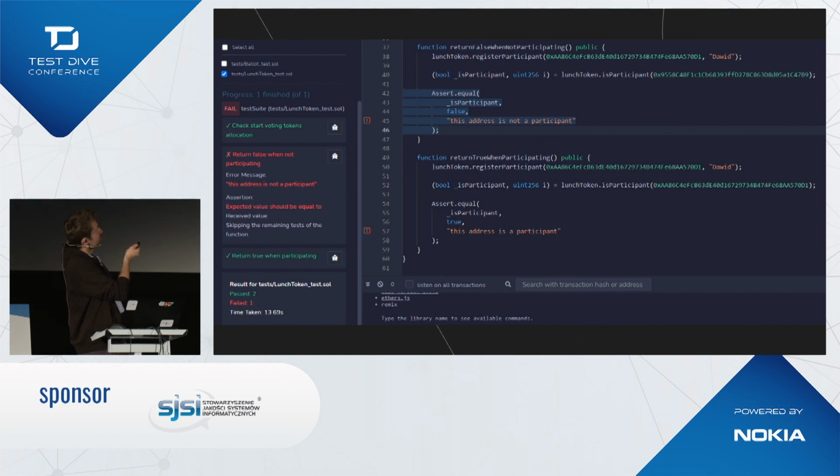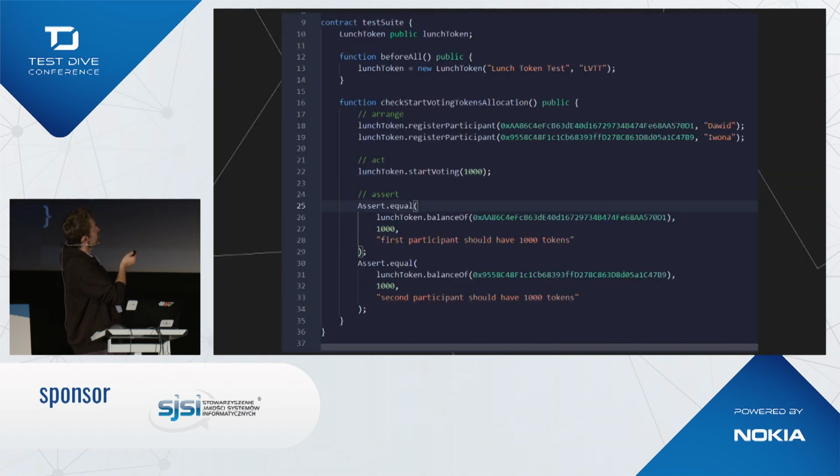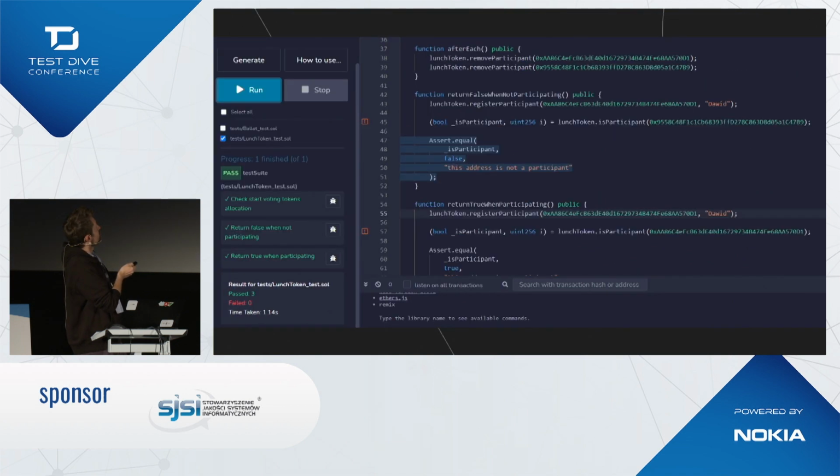So when looking at this particular test, we see that we register one address and we check for the other, so it should pass. This address should not be a participant. But in fact, it is because it was registered here. So possible solution, clearing this after each test, or of course using before each instead of before all.